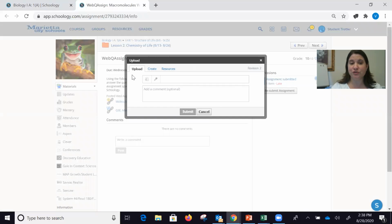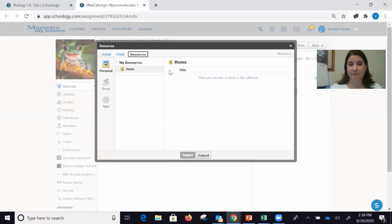A couple of things I want you to see. There is an upload tab. That upload tab is if you are trying to upload a document that is saved on your computer. If you are trying to upload something that is in Google, which will be many of the things we do, what you have to do is click on this resources tab, and you will notice here it says there's nothing in my collection. If I go to apps,